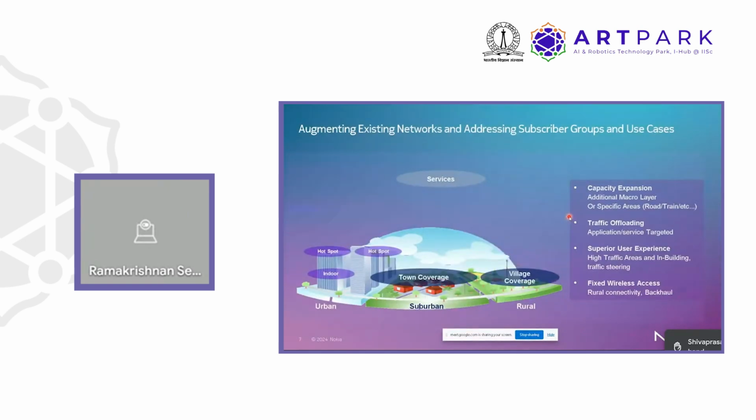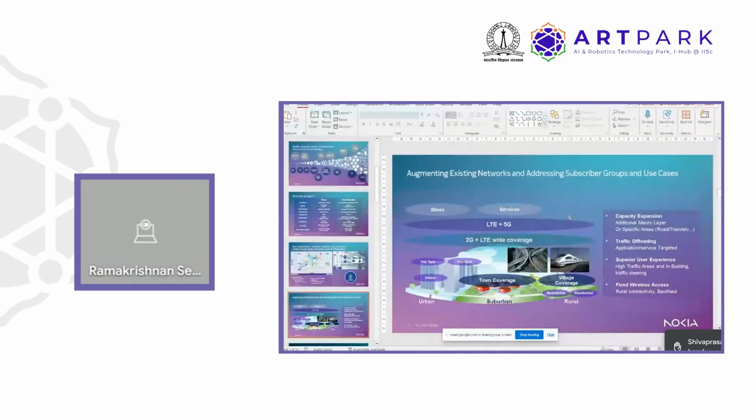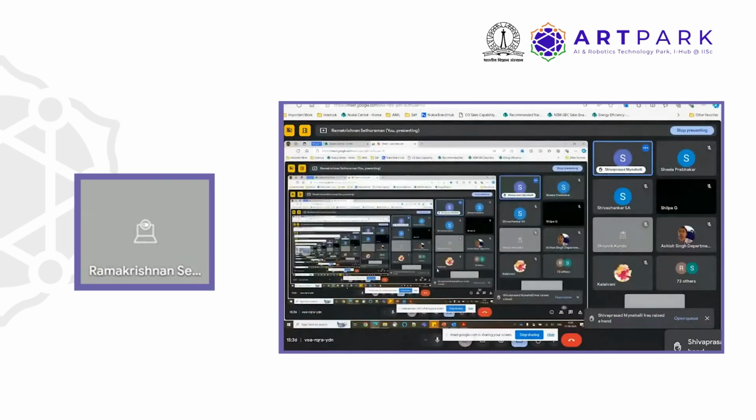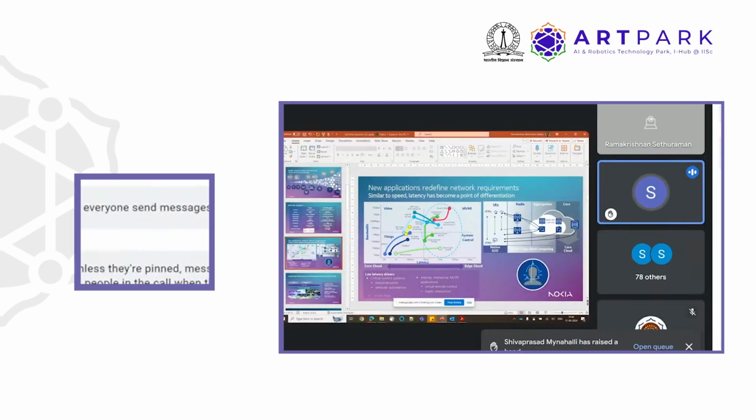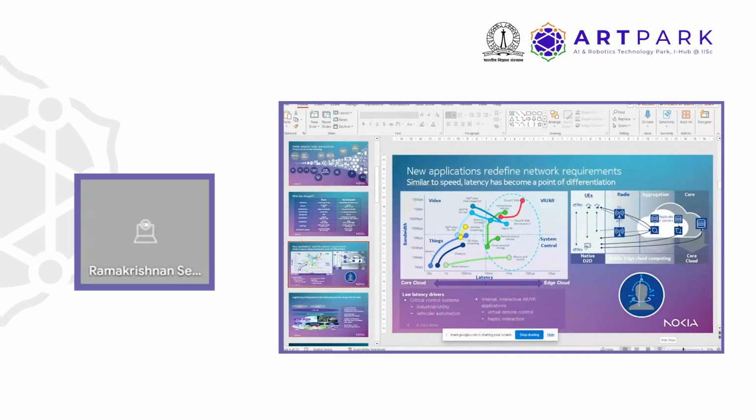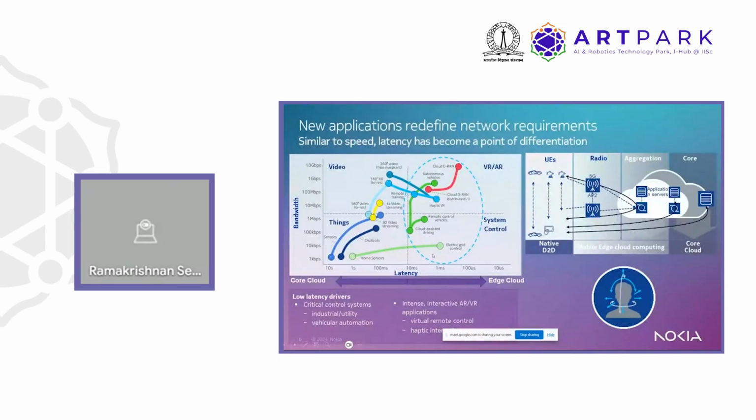Sorry, Rama? I'm interrupting you here. Mitra, Shiva here, is right? If you could kindly go back to the previous slide. Yeah, the previous slide. Could you kindly help me understand this pitch dark green graph? Exactly at 10 milliseconds latency, there is a vertical shift in the bandwidth straight away from 100 kbps to roughly about 100 mbps. The dark green graph that you are showing.